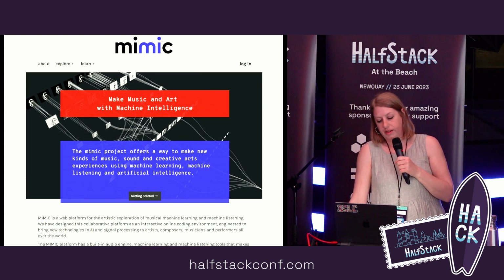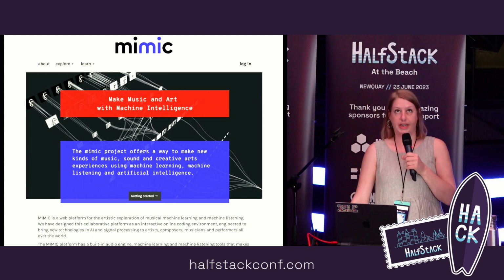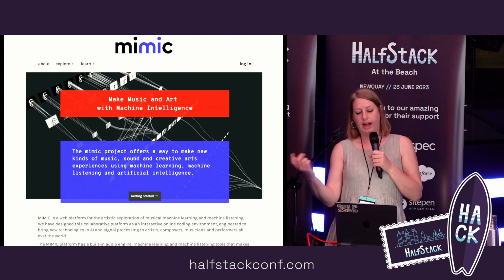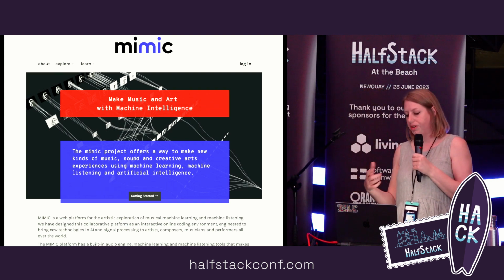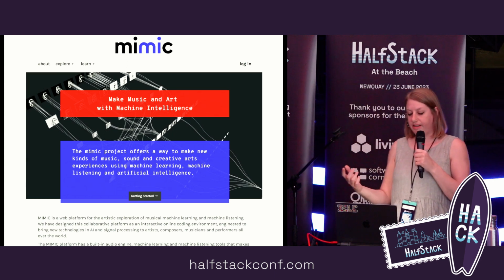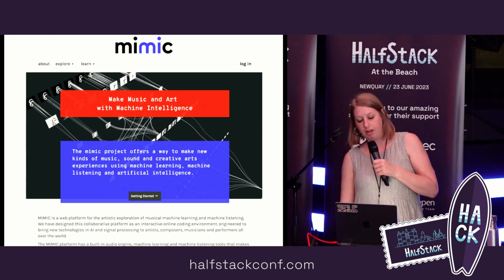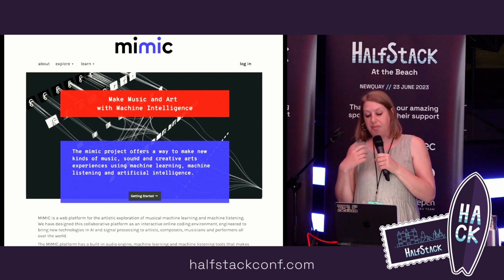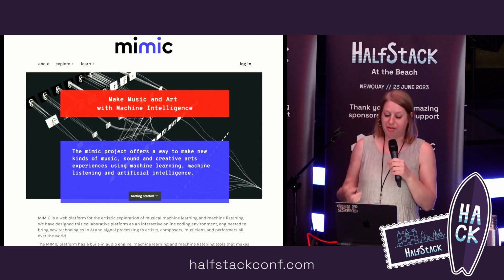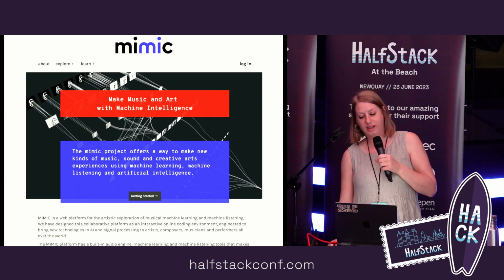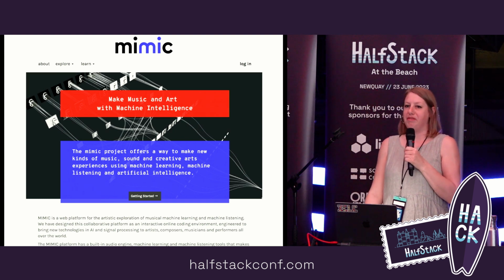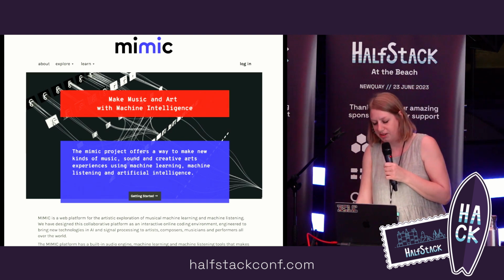I worked on the machine listening side of this project. Machine listening is about algorithms that listen to music or other audio and try to extract various points of data out of it. My role was making applications of that, because I'm not a software developer, I'm a musician who programs. So I was a bit of the test case of what happens if we give this code to somebody to make some music with.